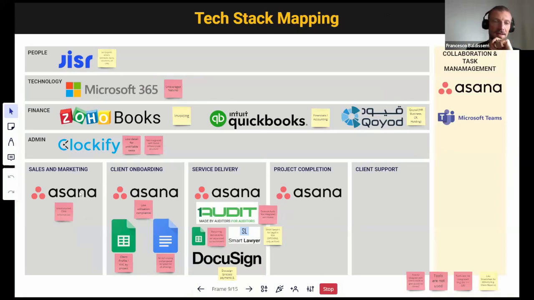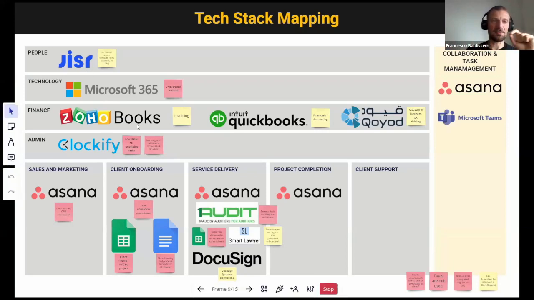You can see which tools they use for people management, payroll, contracting, performance. Technology means email platform, file storage, and collaboration in general.